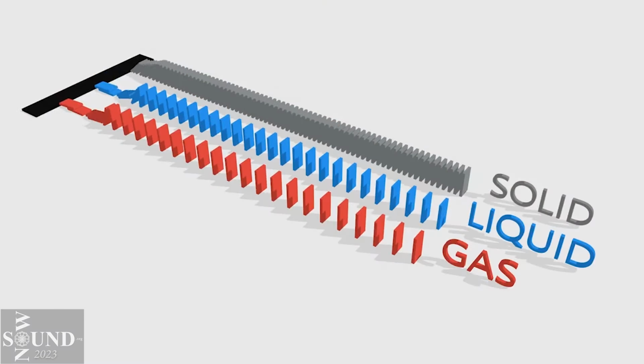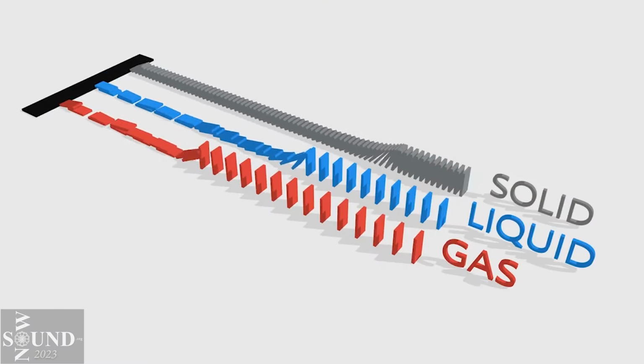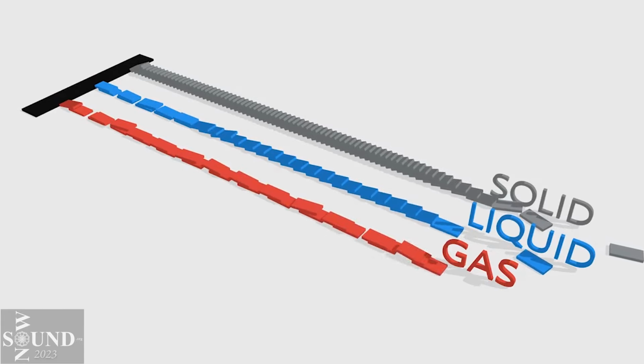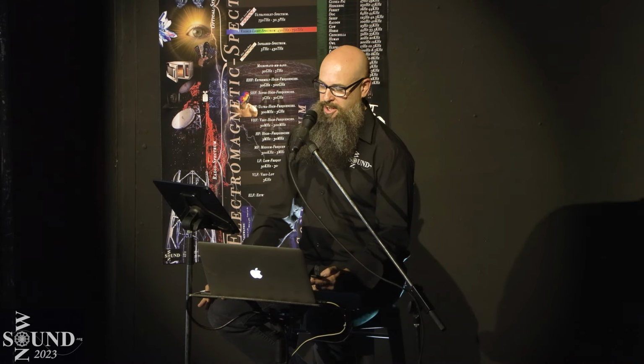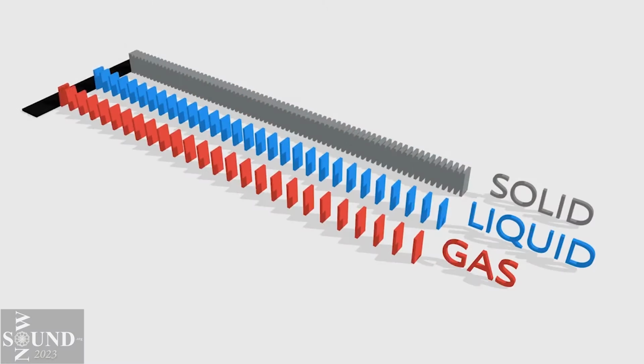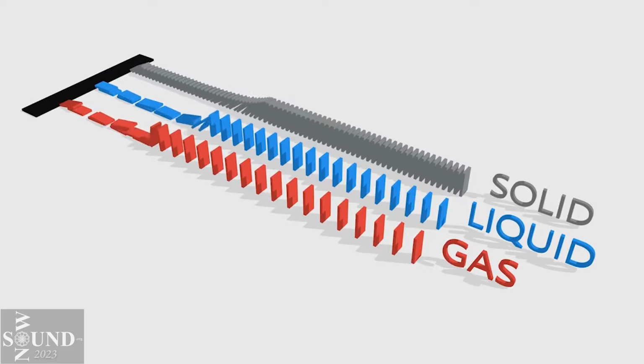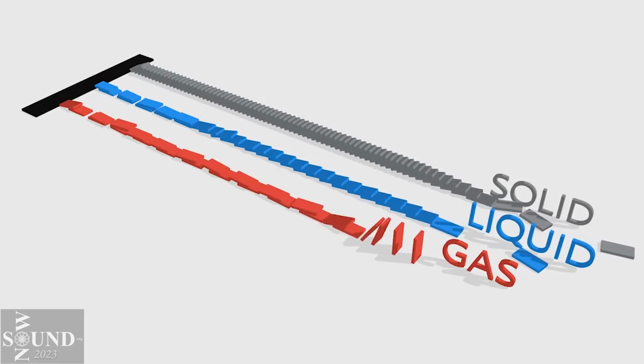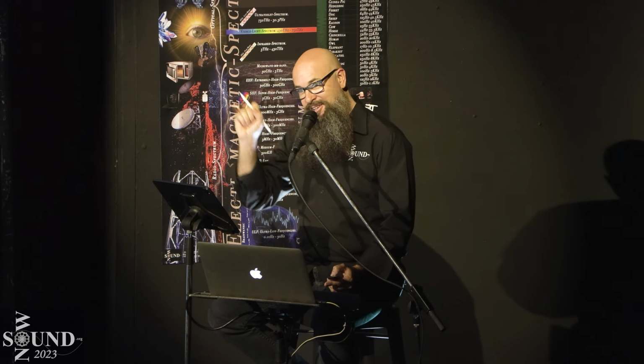So let's look at this visualization here. Imagine sound is in the solid, liquid, or the gas. Look how much faster the solid is. Much faster. Let's look at that again. On your marks. So the clear winner is solid, then liquid, and gas. If you picture those dominoes as molecules, one molecule knocks on the next molecule, and then the next, and then the next. So sound is like an illusion.